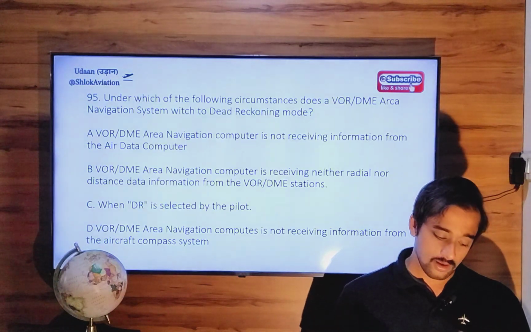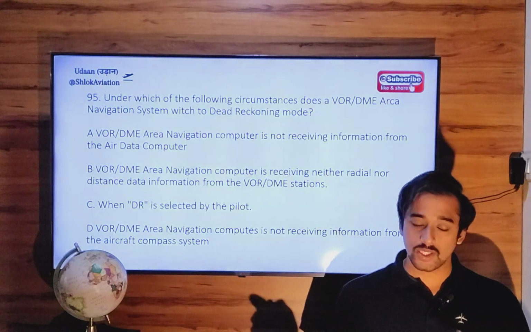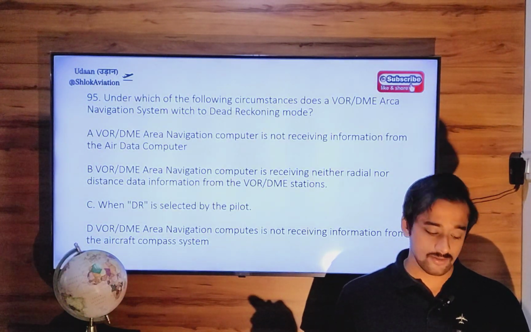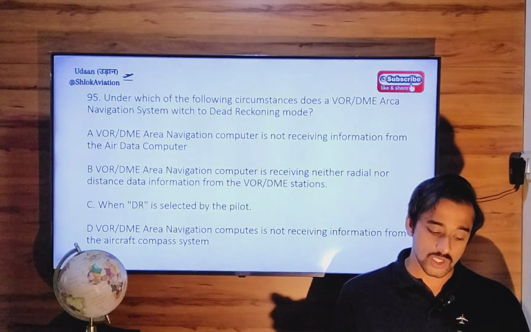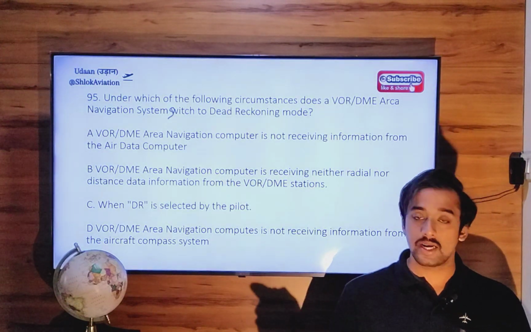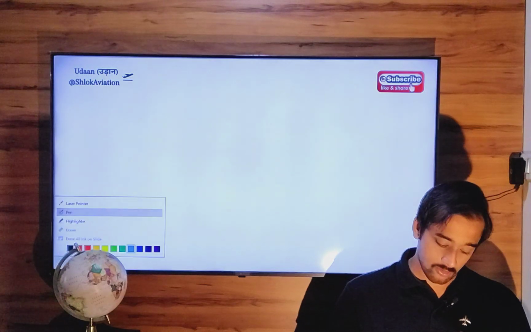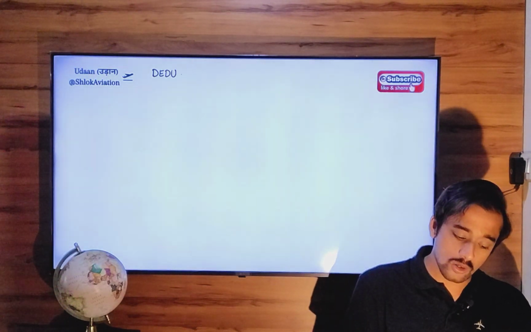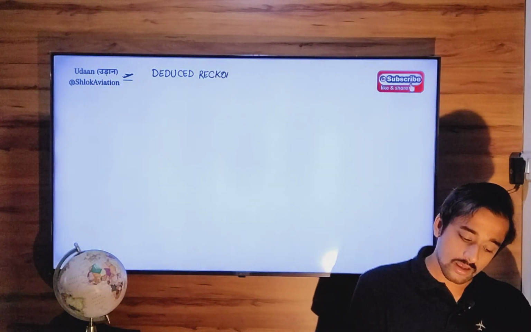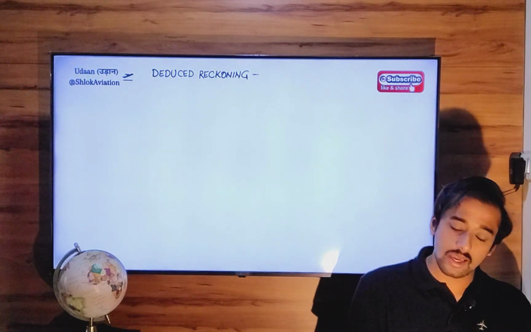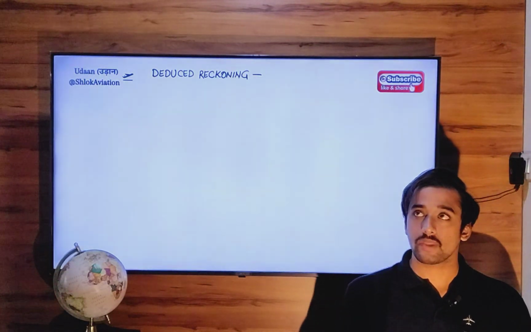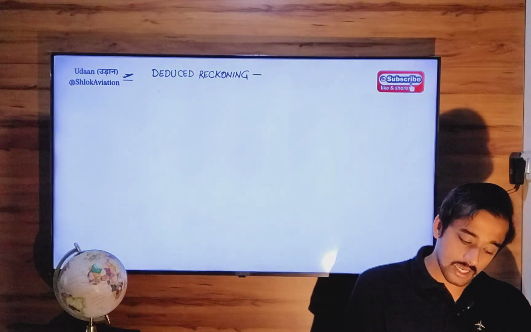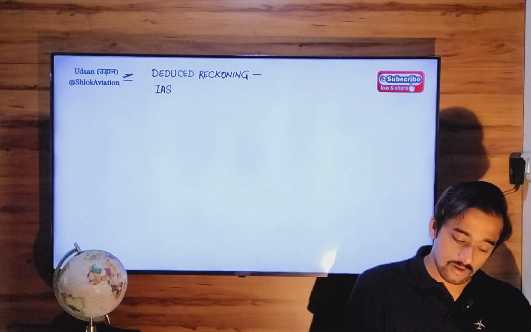Question 95. Under which of the following circumstances does a VOR DME area nav system will switch to dead reckoning mode? Now what is dead reckoning mode? Dead reckoning mode is nothing but deduced reckoning. Dead is the short form of deduced reckoning. So this is a method of navigation in which we estimate a position using indicated airspeed, wind velocity,